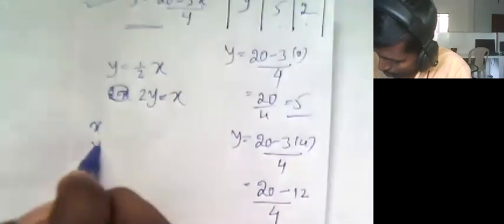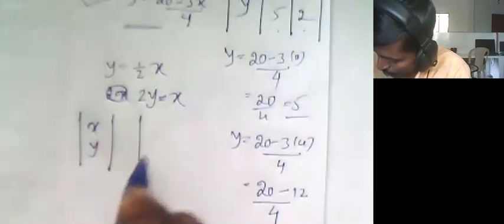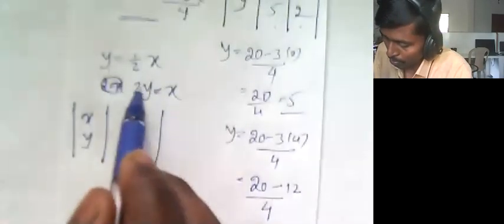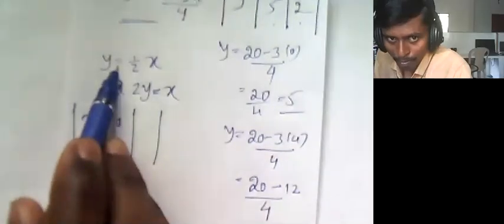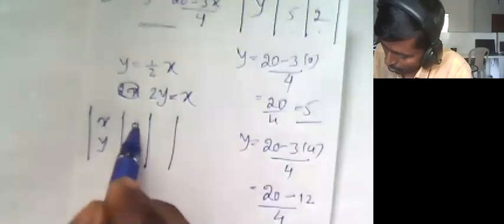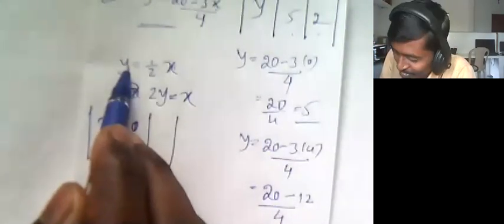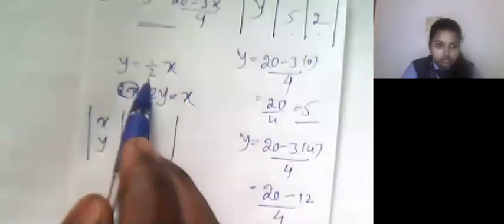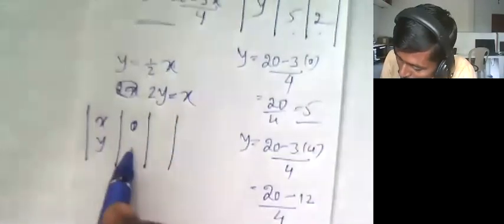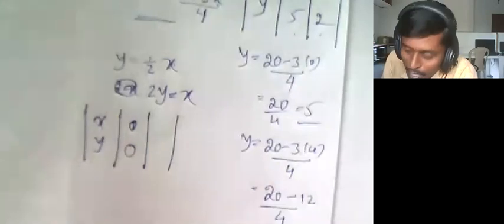Okay, x value, y value. What is the value we should give? First value, x is equal to 0. x is equal to 0 means y becomes 0 by 2, which is 0. 0 by anything is 0. Therefore, x is equal to 0, y is equal to 0. Easiest value. Clear. Next, put x is equal to 1.